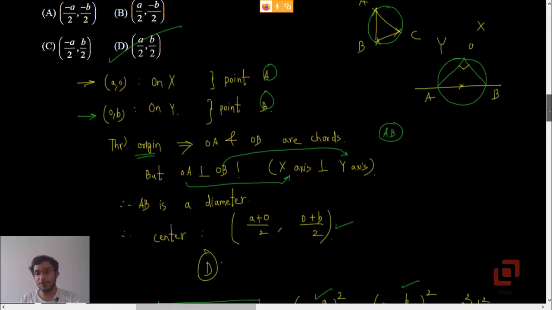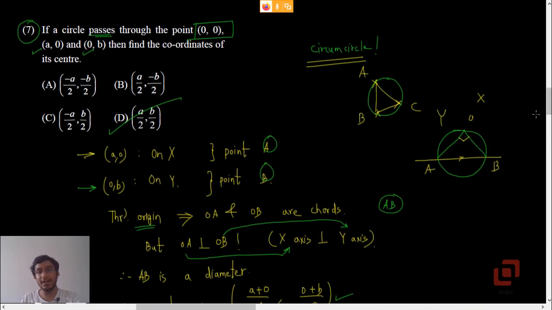But is it now possible to find out the radius of the circle? Yes, the simplest way to do that is to find the distance between the origin and the point a by 2, b by 2, because this is the center in option D, and 0 comma 0 is a point on the circumference of the circle. So if you do that,